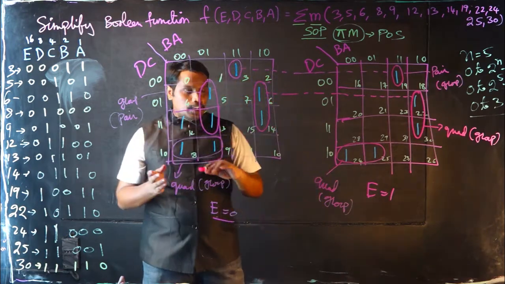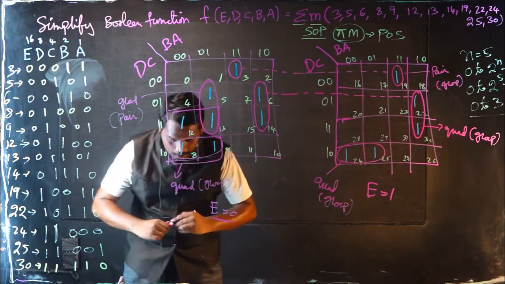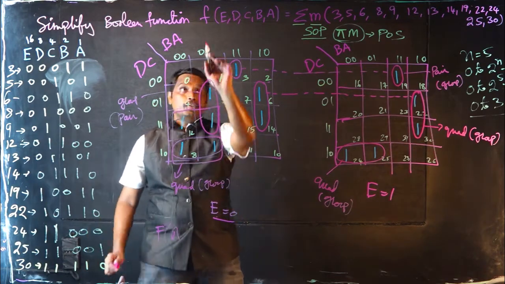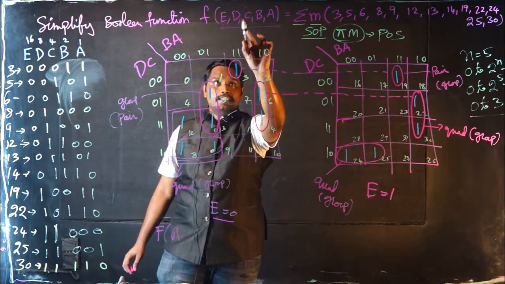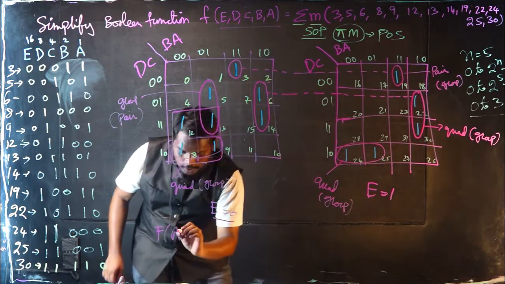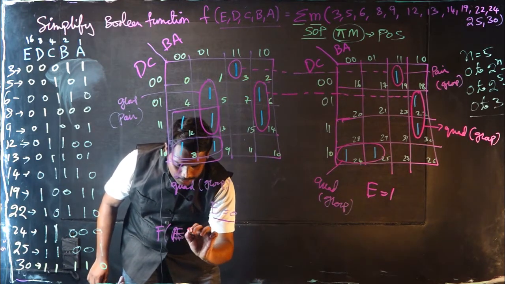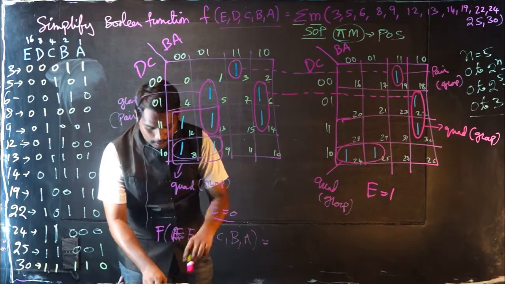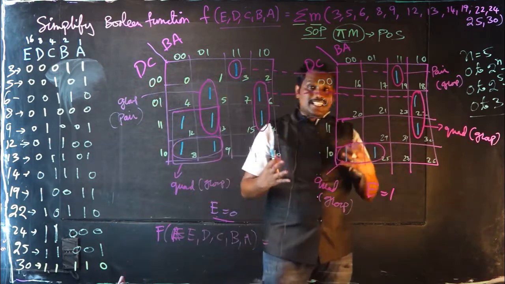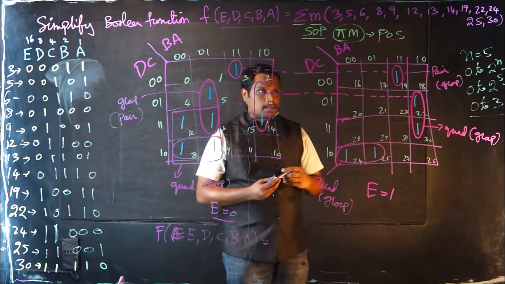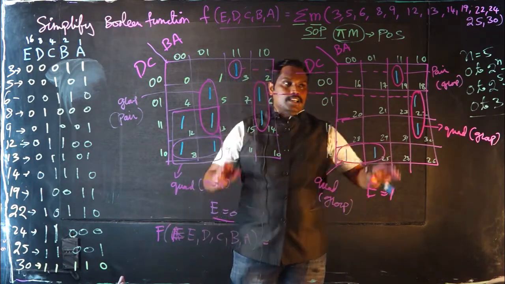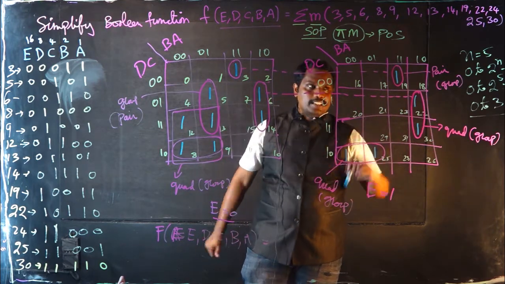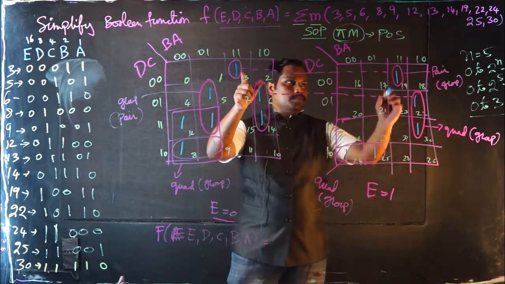Okay. So now coming to the actual procedure, now we are going to form the equation f of, sorry, the positions as per the same position you have to take. So E, D, C, B, A, MSB to LSB. Here it is not A, it is represented with E, D, C, B, A. Now the function I have written, and now I am going to generate the terms that are extracted from this particular 5 variable Karnaugh map. We will see first the expression where in both the Karnaugh maps the same positions, we will take those groups into consideration. So the first one we will take is this one, that is a pair group.